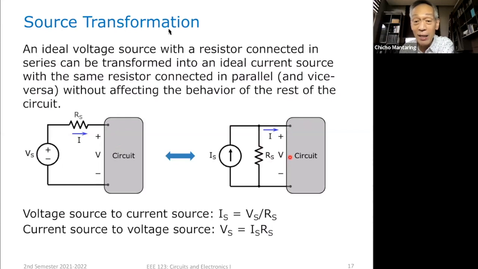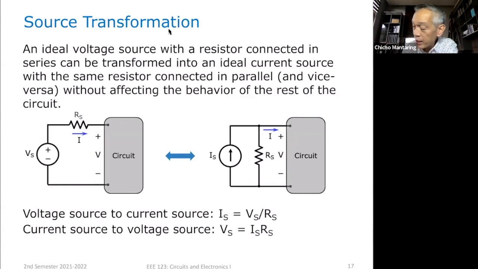It will not know whether this is connected or this is connected. In other words, the voltage that will be developed across my circuit and the current that will be drawn from this combination will be the same as this. So that is source transformation. If I want to convert this to this,